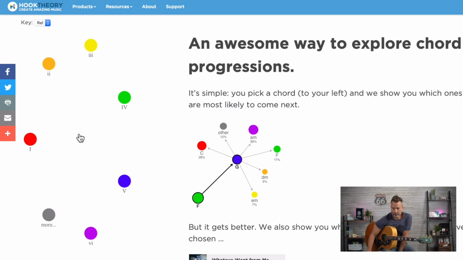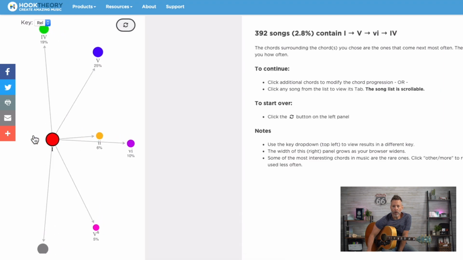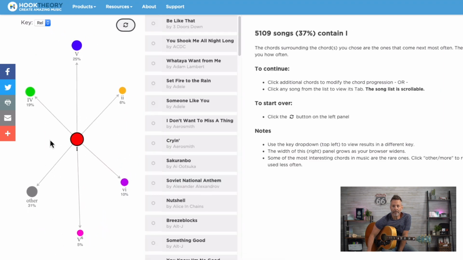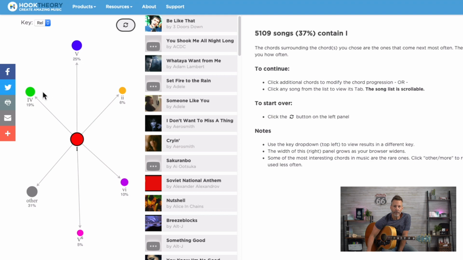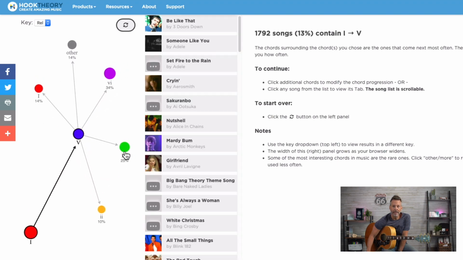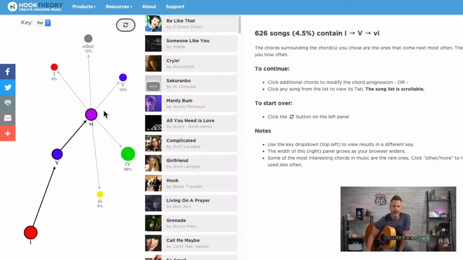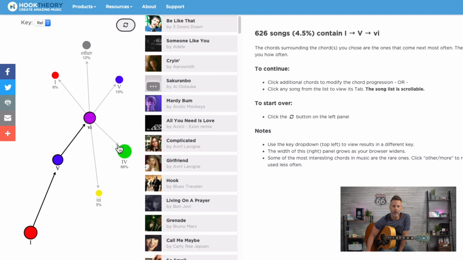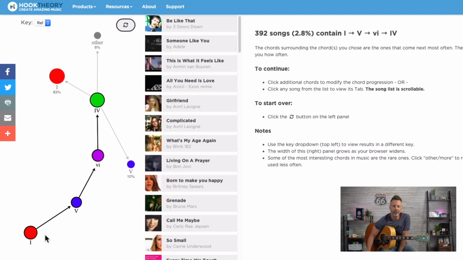Okay, so here we go. If I play the 1 chord, the next chord that most likely is going to appear is the 5 chord. The 4 chord appears a lot too, but let's say the 5 chord. If we go to that, it's going to tell us what our next chord is going to be. It looks like the 4 chord or the 6 chord are our most frequently visited chords after the 5. So we could click on that. That's our 5 chord. And then what comes up after that is the 4 chord, oftentimes. You can see it's a bigger circle. It also has a bigger percentage. And so there you go. You could take this in any key.